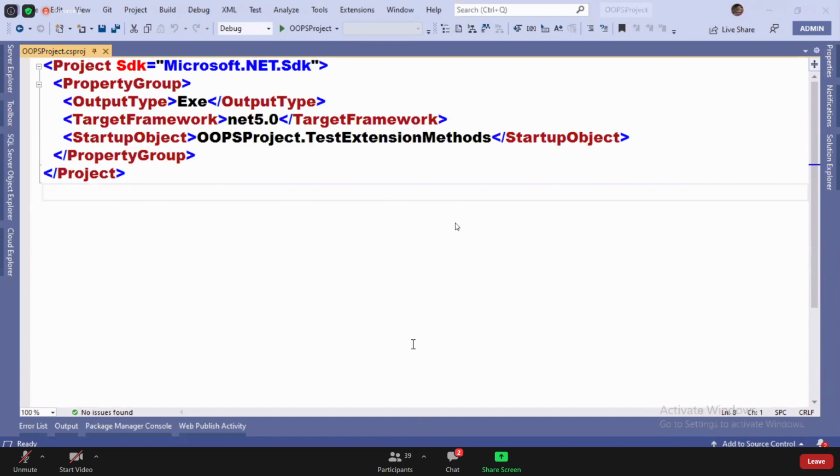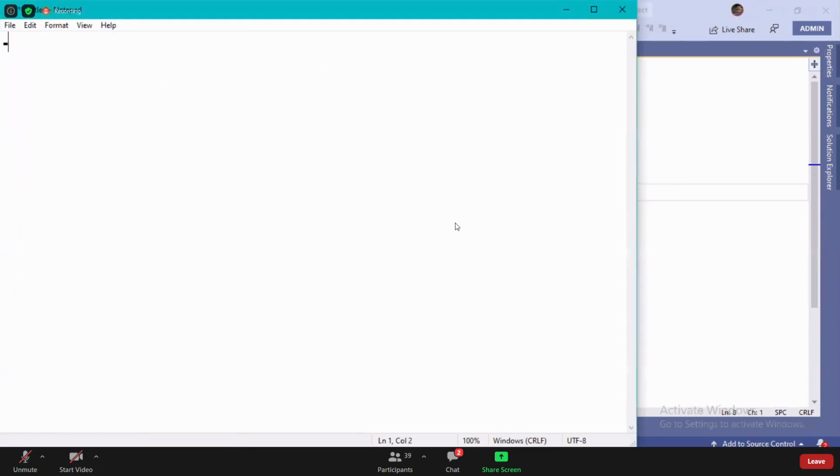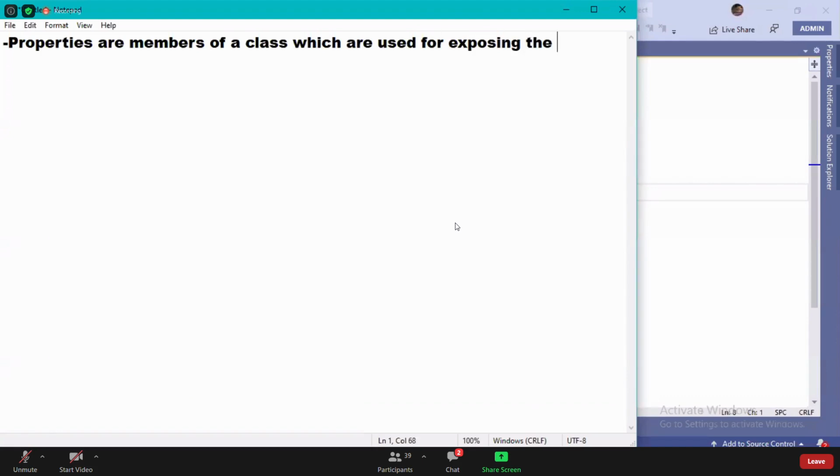Properties are members of a class which are used for exposing the values associated with a class to the outside environment.